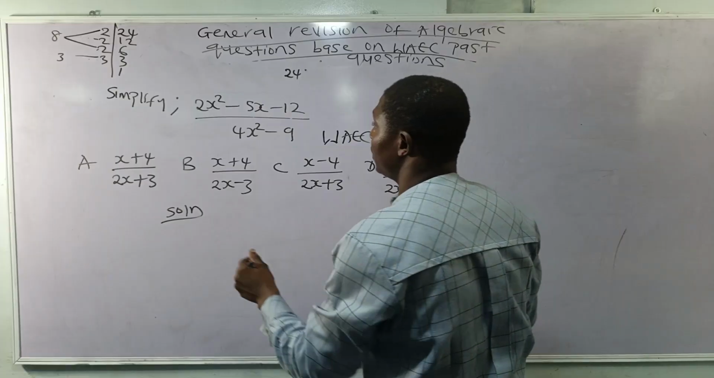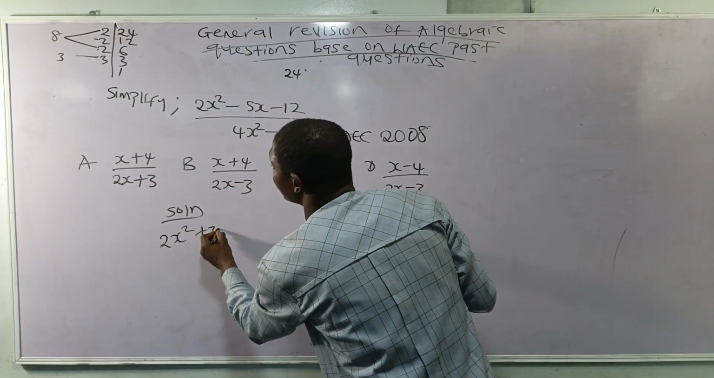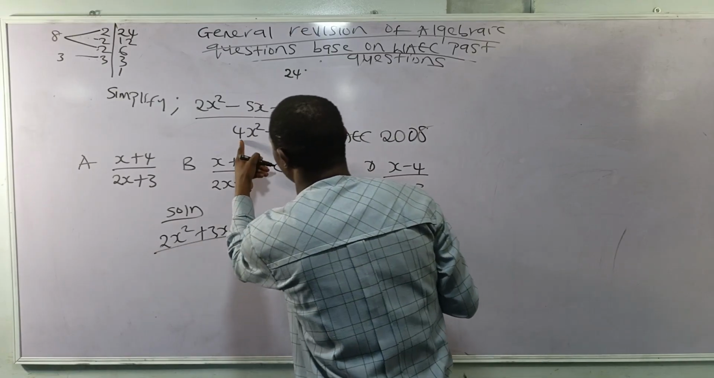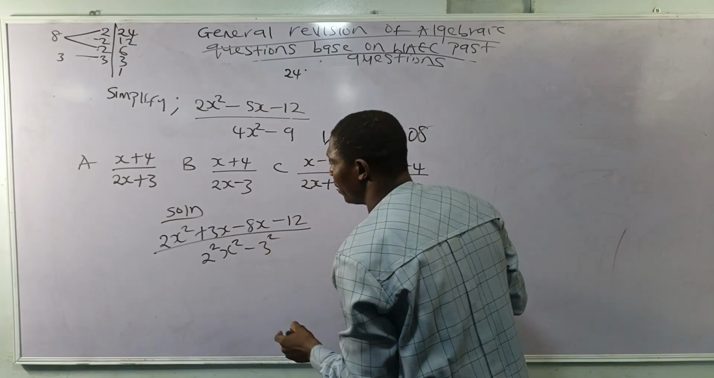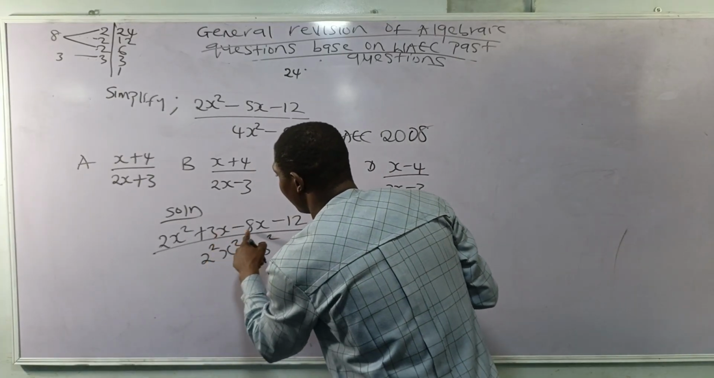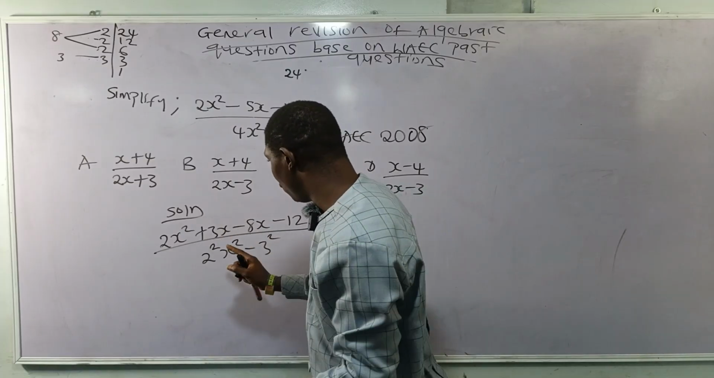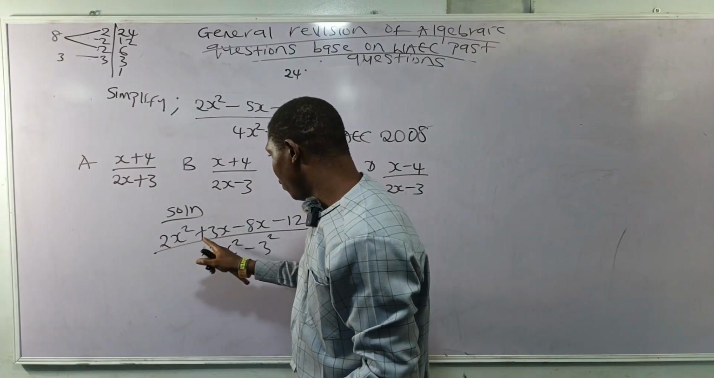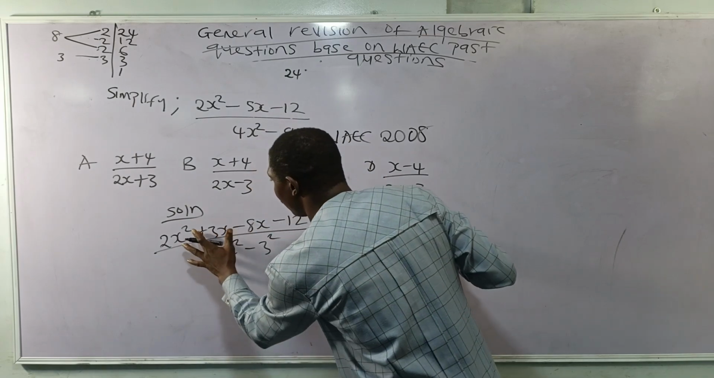So I can use 3 and 8. So I have 2x squared plus 3x minus 8x minus 12 all over... This can be written as 2 squared x squared minus 3 what? Square. Remember, 3 minus 8 will give me minus 5. And I can still rearrange, because if you watch, a number is common between 8 and 2, and a number is common between 8 and what? 12. So it's better I rearrange to have